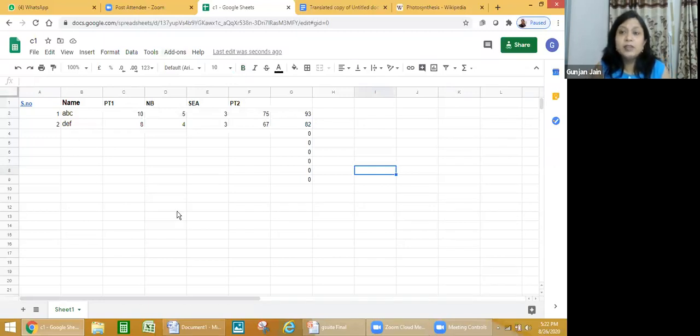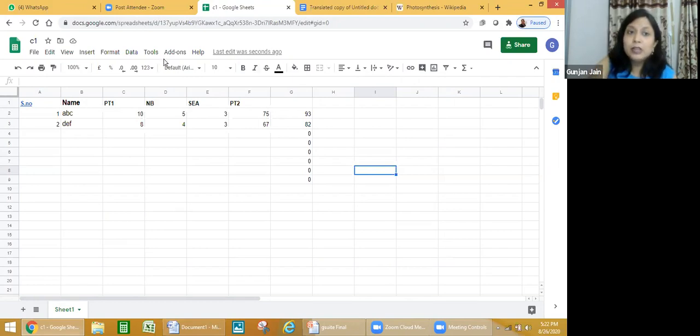Like suppose I'm receiving the data of various classes together, 6A, 6B, 6C, then 7th A, all the other classes are sending me data. Like you remember I have made one app. So all of you were together sending me the data of various classes. So I can apply an add-on over here, called SheetGo, which automatically sorts the data class-wise. And I can schedule it. Like I can schedule that after every 24 hours, it will sort the data. After every 12 hours, it will sort the data. Yeah, every hour it can sort. So these add-ons are also very helpful.